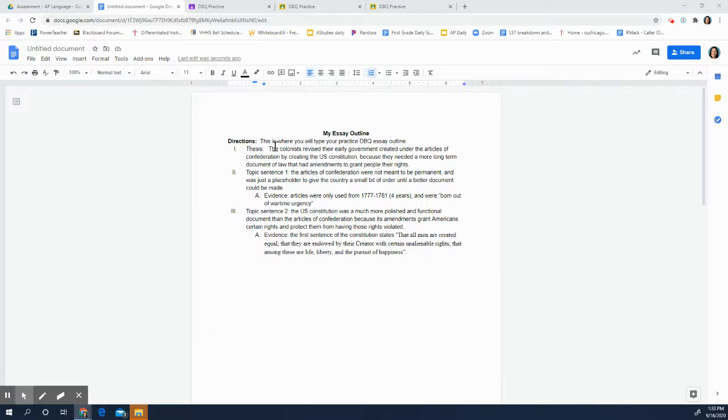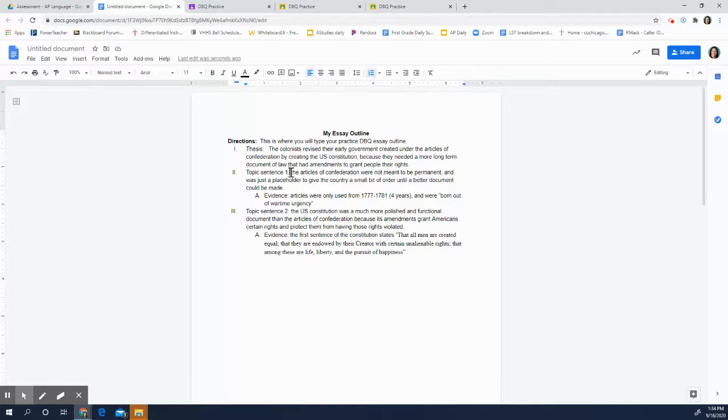So this one has the thesis: the colonists revised their early government created under the Articles of Confederation by creating the US Constitution, right? So that answers the how. And here's the because. This is the why of the prompt, because they needed a more long-term document of law that had amendments to grant people their rights. So if you organize your thesis like this, the how and the why, then your topic sentences can also model